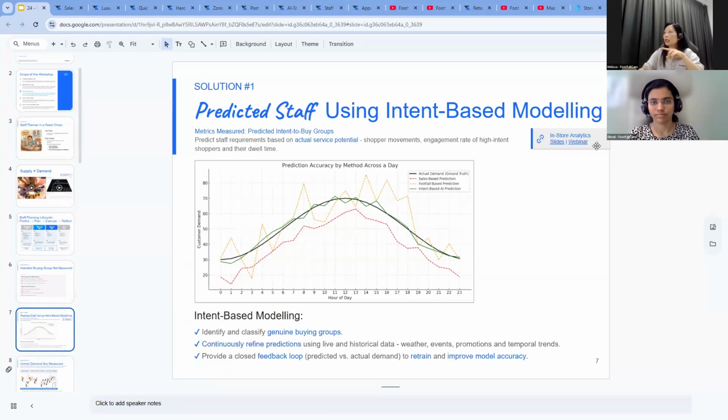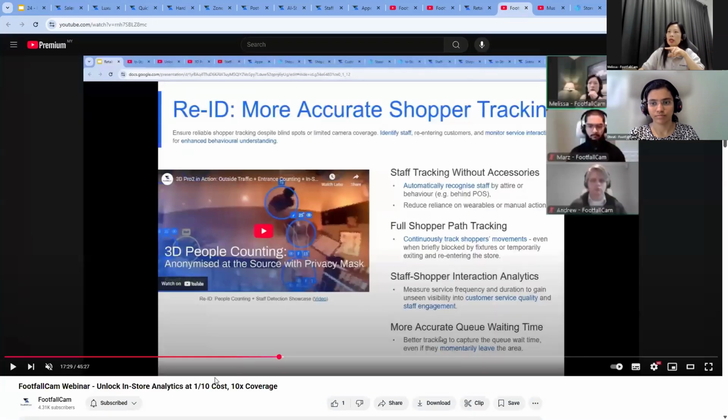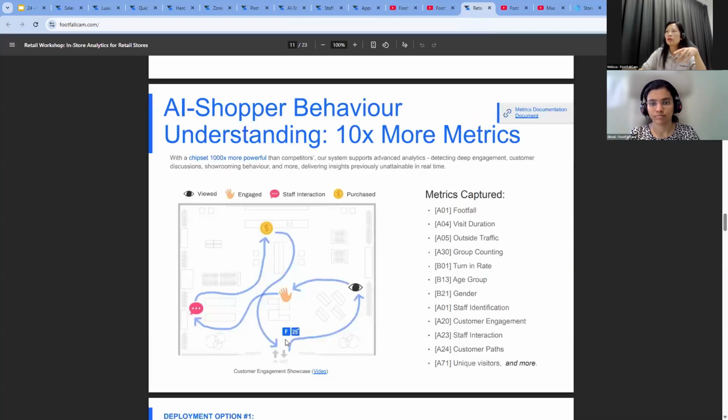In another webinar that we had, you can look at how we tracked shopper path tracking, analyzing the in-store travel path, their dwell time, their different engagement zones, their bounce pattern. For example, if people come in here, they look at the product here, they touch the product here, they speak to a member of staff there, and they make a transaction before going. All this is needed to train the system to tell the difference between a stroller and